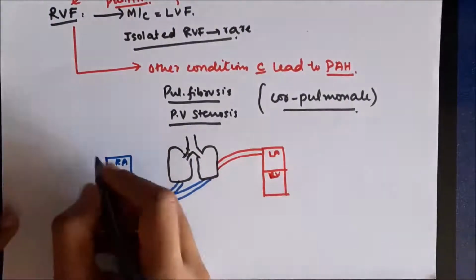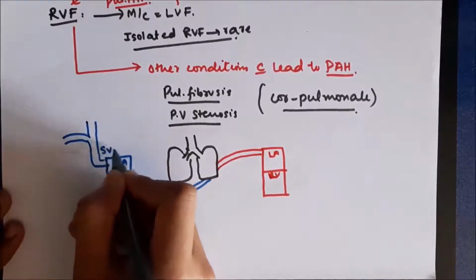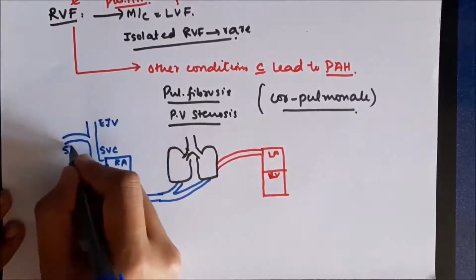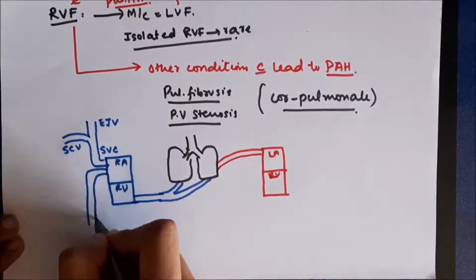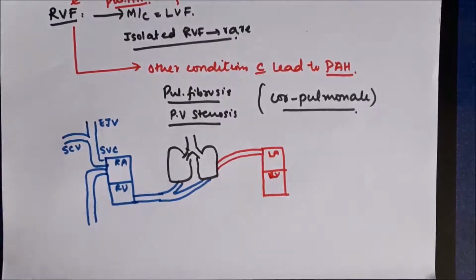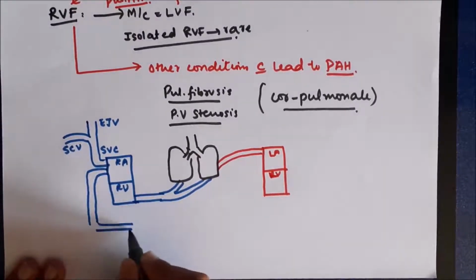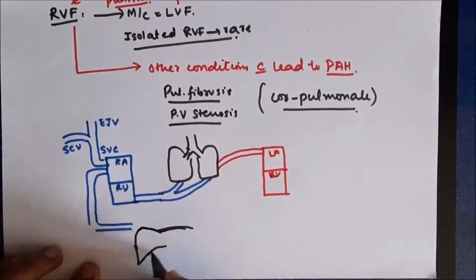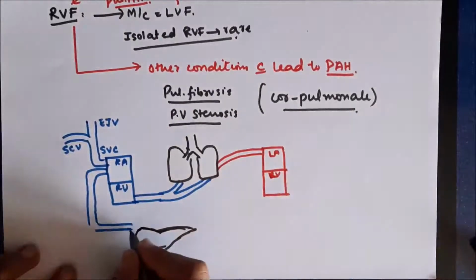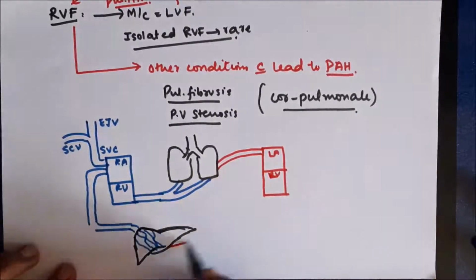Now, as we all know, the right atrium receives blood from the superior vena cava, which is formed by the external jugular vein and the subclavian vein. So this is the superior vena cava, and the inferior vena cava also pours its blood into the right atrium, and the inferior vena cava drains blood from the lower part of the body, such as major organs like the liver. So if this is the liver, this inferior vena cava is going to drain blood from the liver. So these are the hepatic sinusoids, and this is the hepatic artery, and below here is the portal vein.